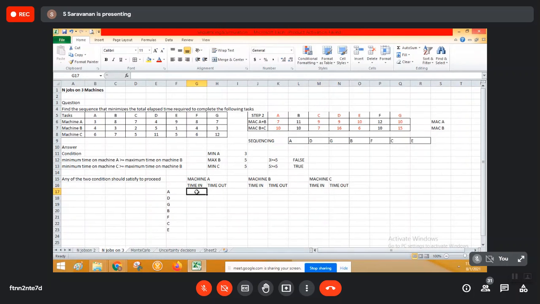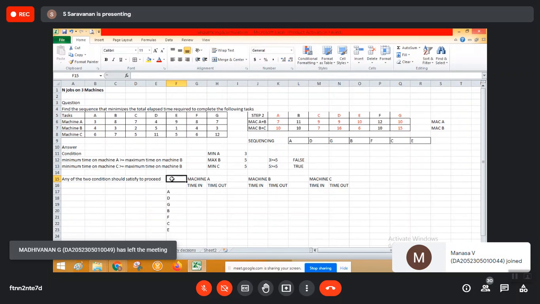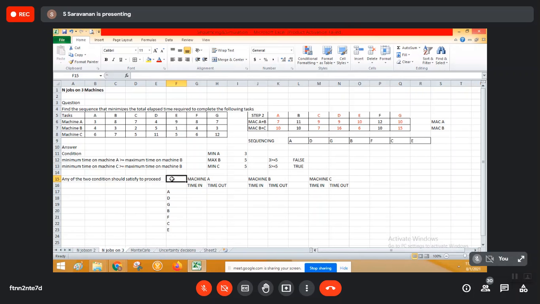Sir, one doubt. You have chosen BF, right? We are choosing it for machine B, and as you said, we are choosing B first and then F. Why not from the right hand side, and why is it from the left hand side, BF? As you are choosing B first, as for machine B, we start from the right? Machine B first and machine F second. Yes, this is what you're asking, right? B and F.